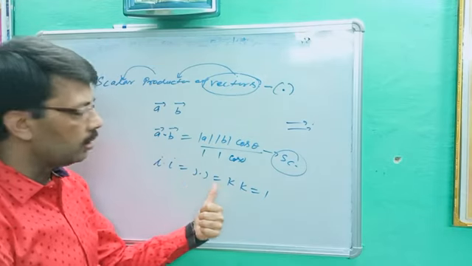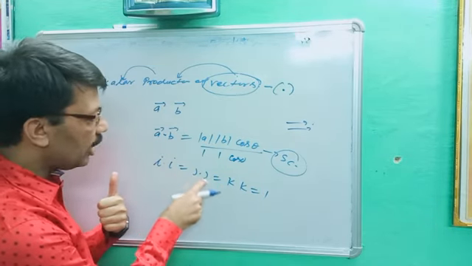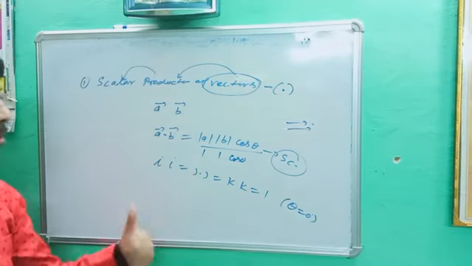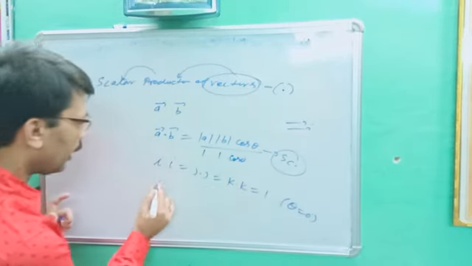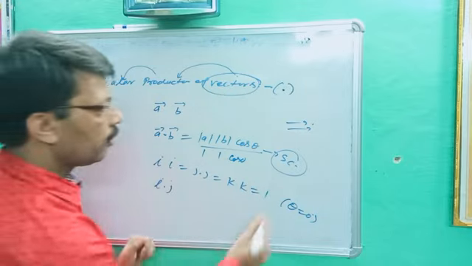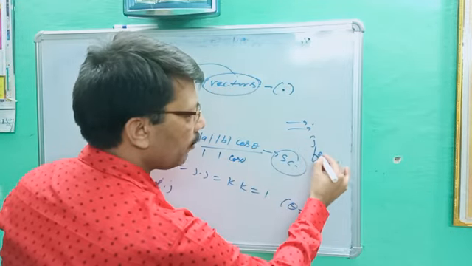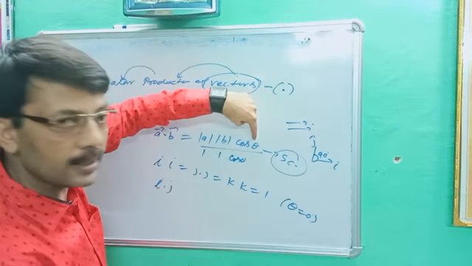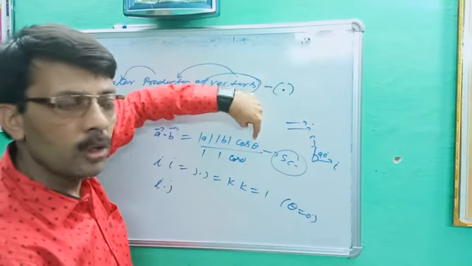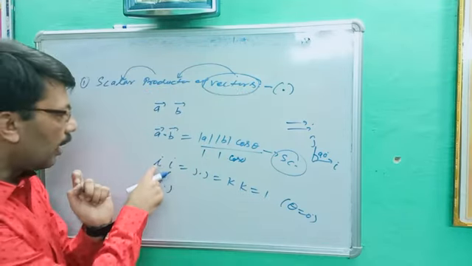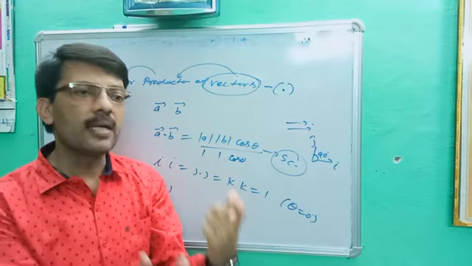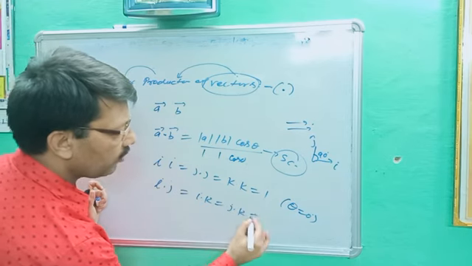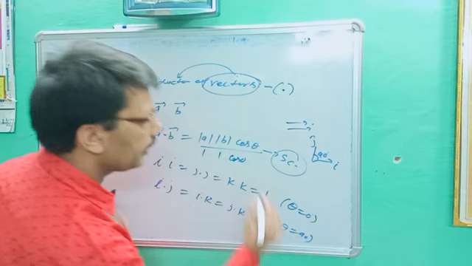Similarly, j dot j is equal to 1, k dot k is equal to 1, because i, j, k have an angle theta equal to 0 degree. Very, very important point. I am talking about dot product, not cross product. Are you getting the point? If I ask what is the value of i dot j, you better know, that was the i, this is the j. They maintain how much angle? 90. It means if you are putting the dot product of i and j, theta becomes 90 degree, and cos 90 is 0. So all the time you will get 0. It means except i, j, k with themselves, all results will be 0. As like i dot j, i dot k, j dot k will be 0, because theta is equal to 90 degree. This is the big point for you.